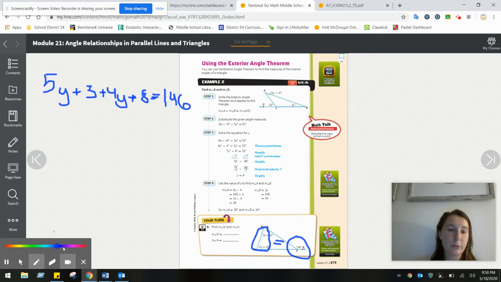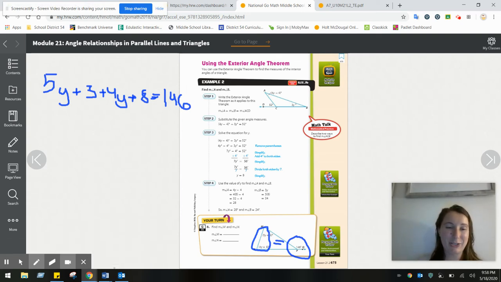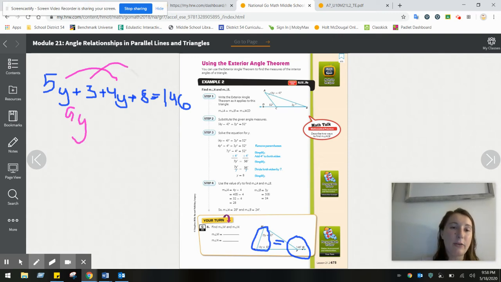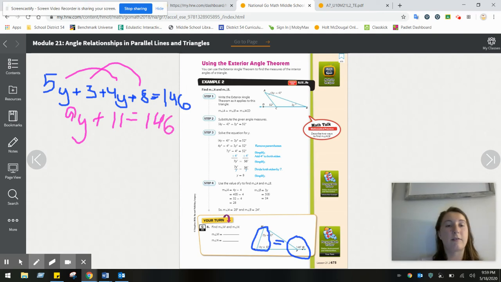So I'll start to use a different color to start doing my math, and I'll use my finger here, it's much easier. So I'm able to combine like terms. 5y plus 4y to get 9y, and I'm able to add 3 plus 8 to get 11, which is equal to 146. Well, now I'm able to take away 11 from both sides and be left with